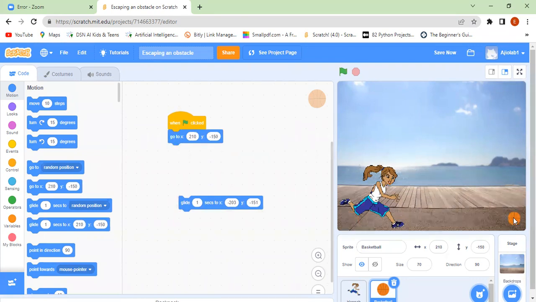Can you see? So the ball has returned from this position that it glides to, and then it moved back to this position. So this 210 and minus 150 is what is keeping our ball here, while this glide, minus 203 to minus 151, is what is making our ball glide to this side. So now all we need to do